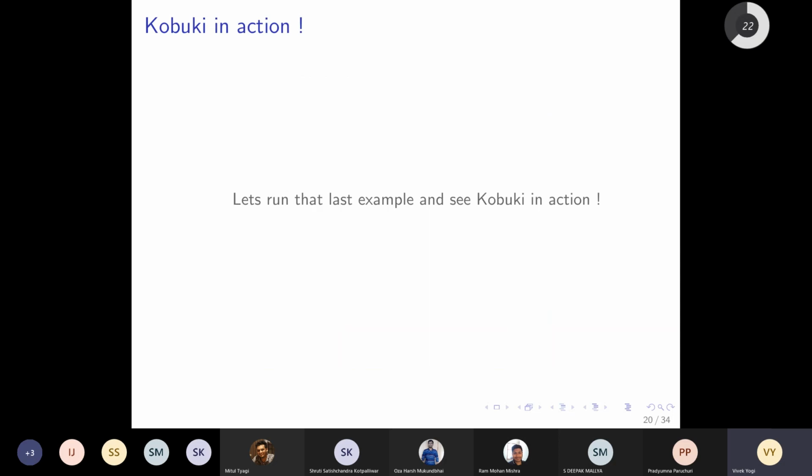But before that, it's a good idea to see this robot in action. And to see this robot in action, we are going to run that playground example. So I'm going to switch to the terminal, and let us see. So ROS launch Kobuki ROS, and then what was that? Kobuki underscore playground. Okay, it is wrong probably.